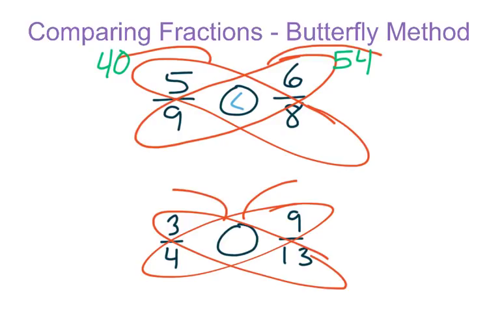4 times 9 gives me 36. Notice how I'm multiplying up. And then I have 13 times 3. 13 times 3 gives me 39. So this fraction 3/4 is greater than 9/13. The butterfly method is a pretty awesome way for us to compare fractions, compare them pretty quickly, and double check